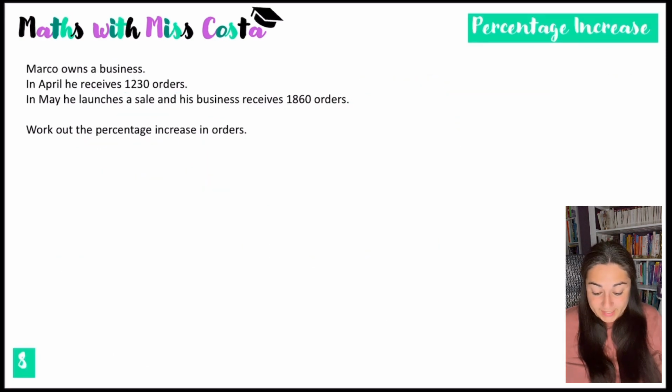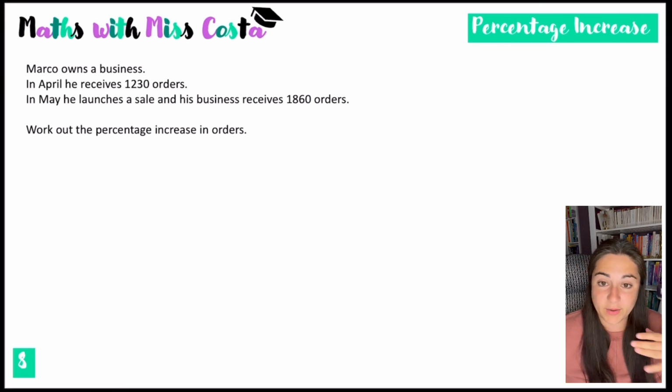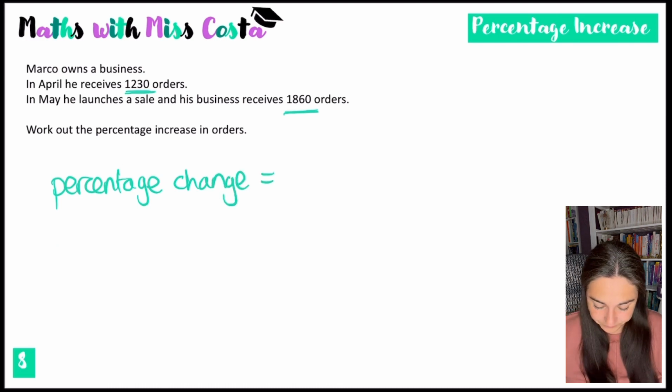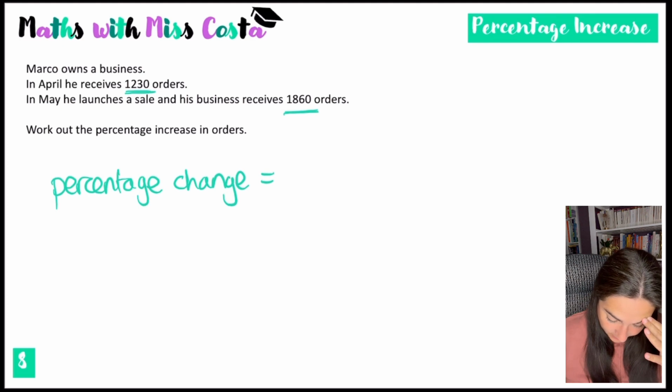Okay, next we've got a percentage increase. So Marco owns a business. In April, he receives 1,230 orders. And then he launches a sale, has a big influx of sales, and we want to figure out what the percentage increase is. Now, generally, whether it's for a percentage increase or a percentage decrease, the formula for working out percentage change is, my brain's gone blank, is the new value,